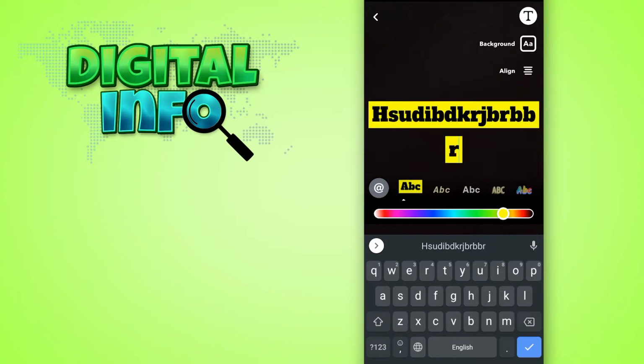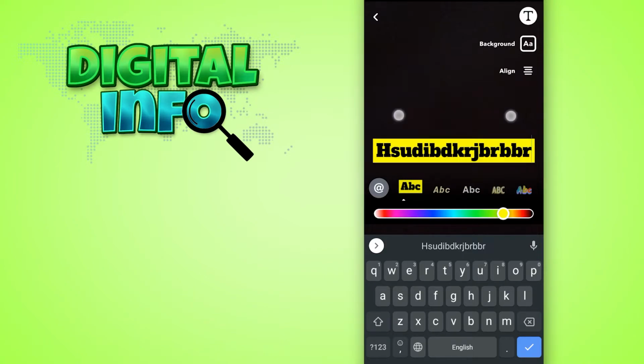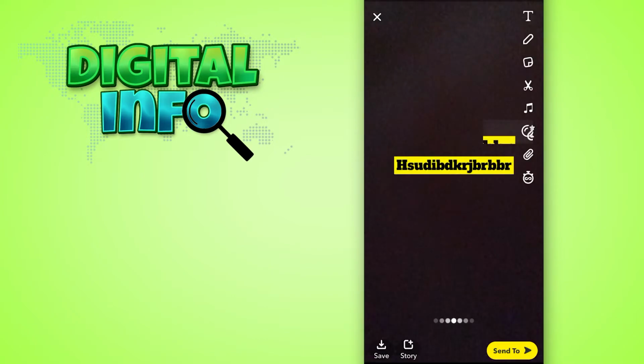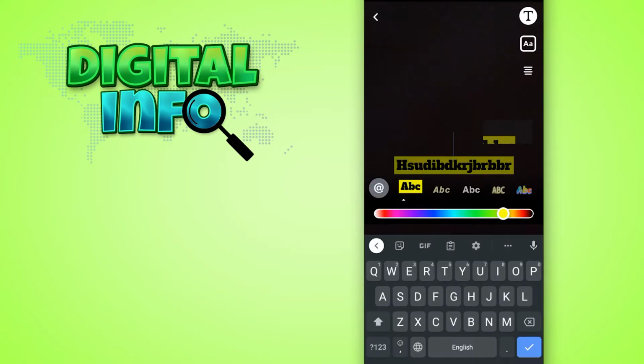So I want to style this one, and then you can adjust it as well. And after done, you just tap on the screen and then again click on text option and then again type something,